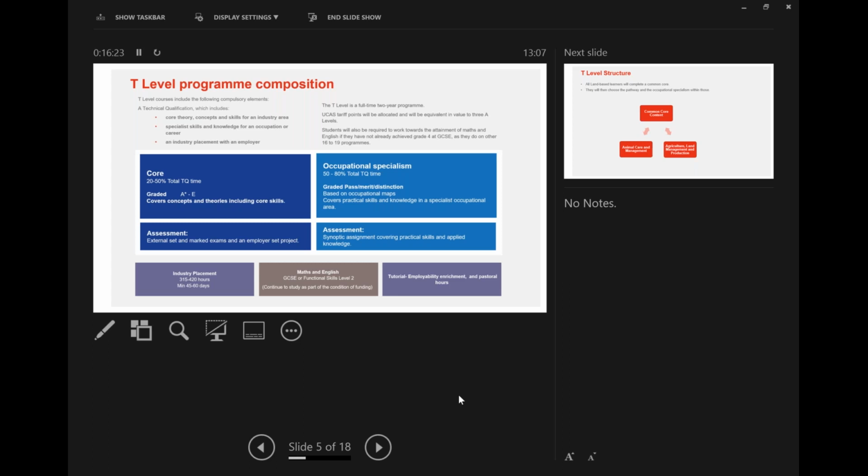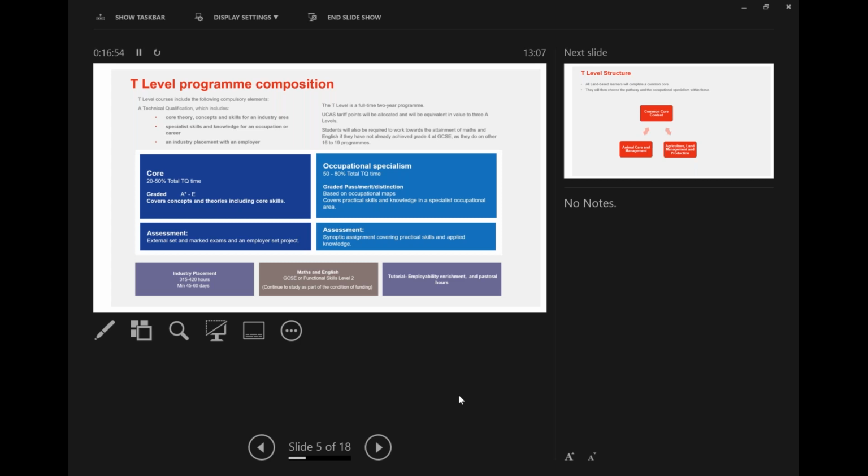The length of that placement is aimed to make sure the learner is seen as an employee in that industry placement, rather than just a work experience observer. So the learner takes part in the industry, in the workplace, and is a vital part of that placement.